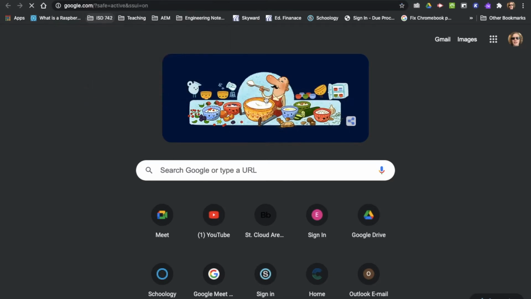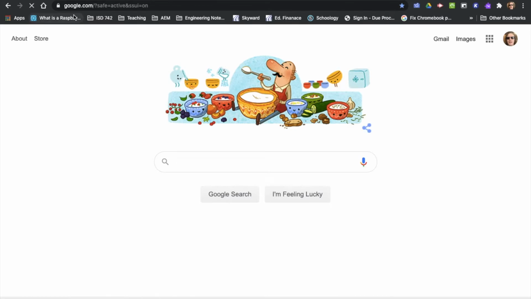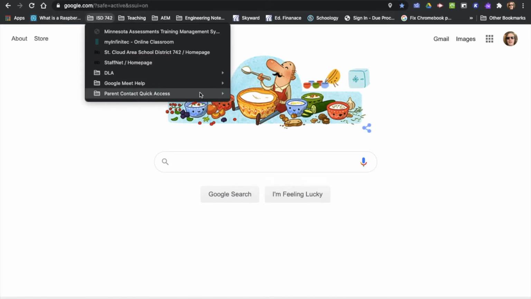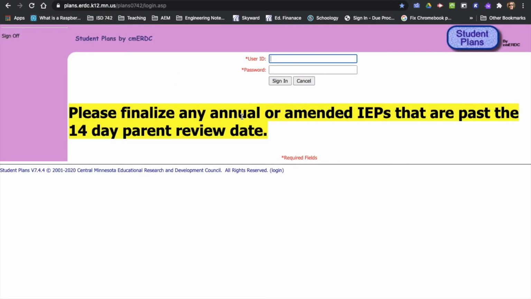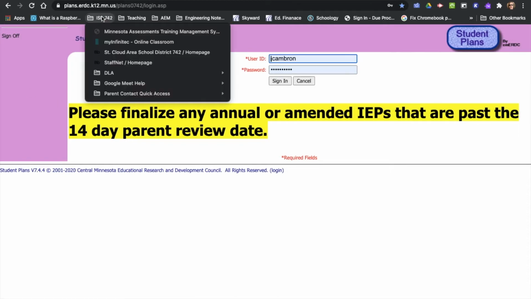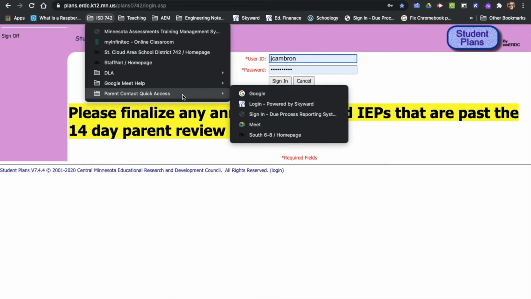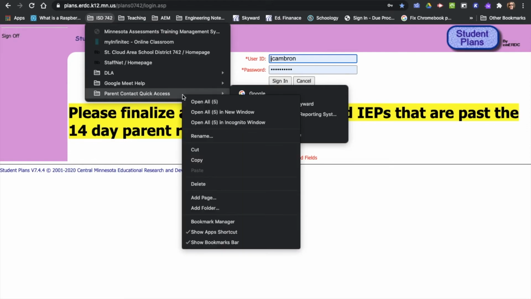So I can either click on them one at a time to open them, which can be kind of a pain, or if I wanted to be more efficient about it, I could click on the folder, hover over this folder, make sure it has the ones that I want, and then I'm using a MacBook Air, so I'm going to press Control, then I'm going to click my mouse, and it gives me the option to open all 5 in new window, or open all 5 in incognito window. I'm going to choose just open all 5,